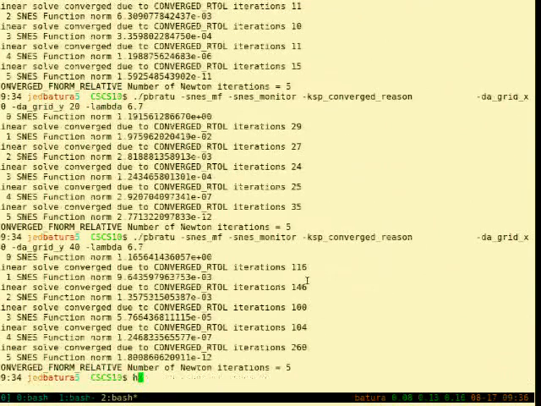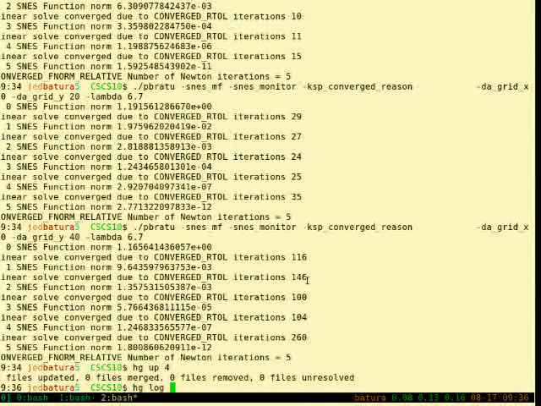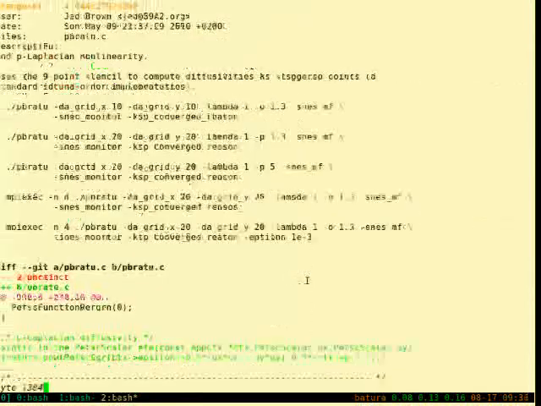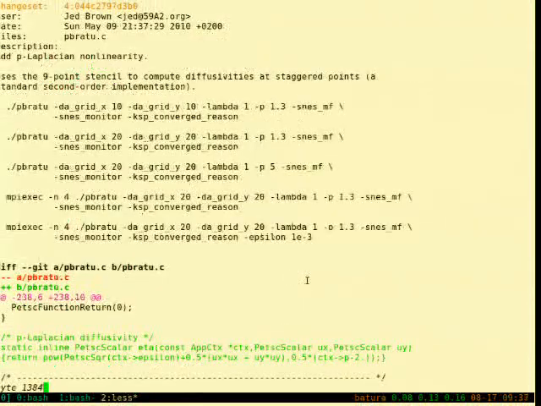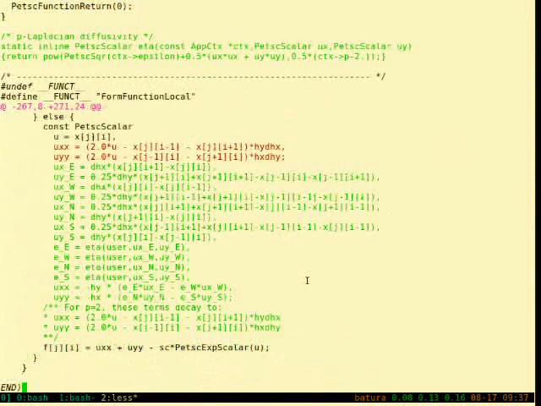We can look at the patch here. I have a commit message, which lets you have some examples to run. Here we were just evaluating some quantities at various staggered points, and we evaluate that effective viscosity at these staggered points, and then we put it into the residual form.